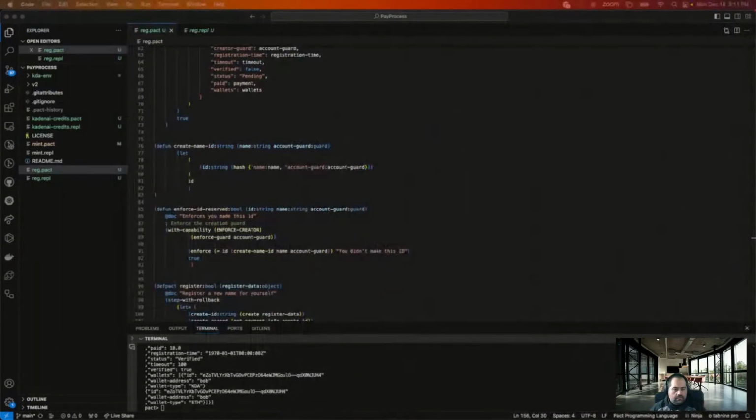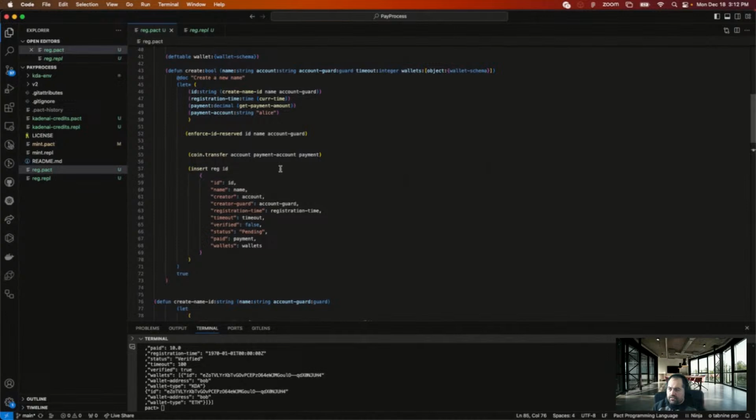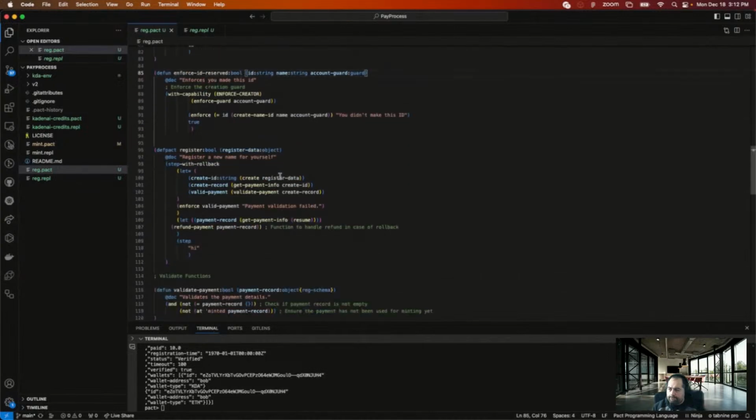Alrighty. I am going to take a look at one of the other ones I have real quick. Okay, so create, register. That's not going to be a Boolean, but whatever. Pretty sure I can make it a string.